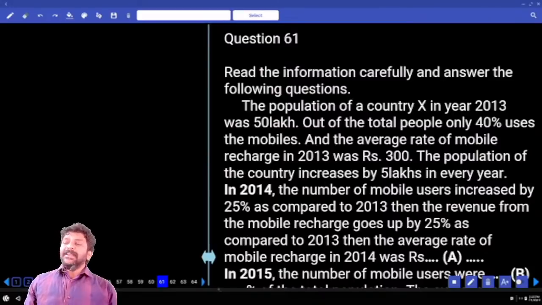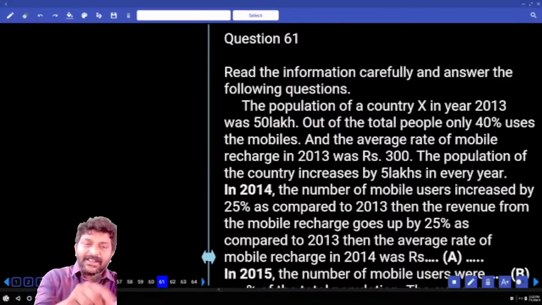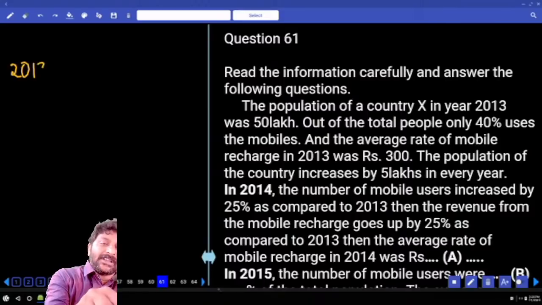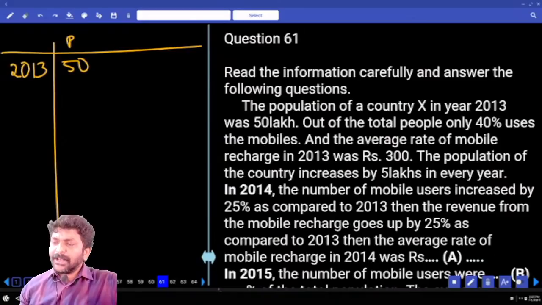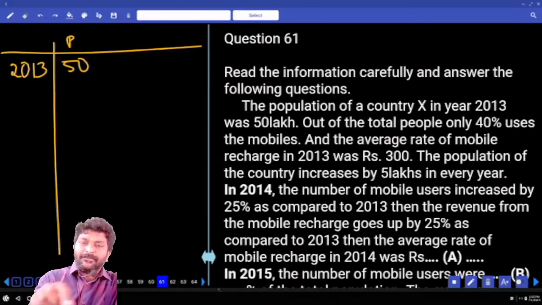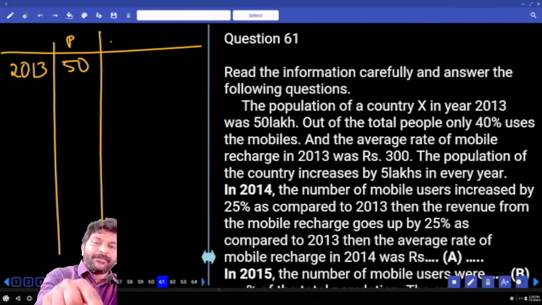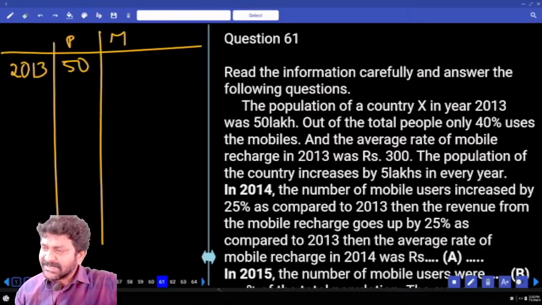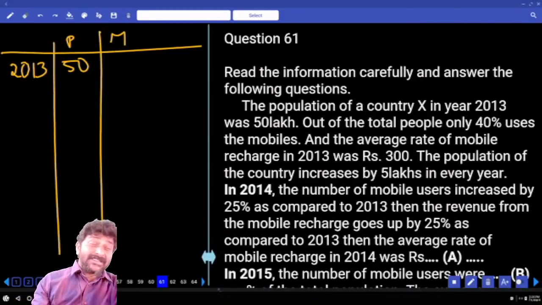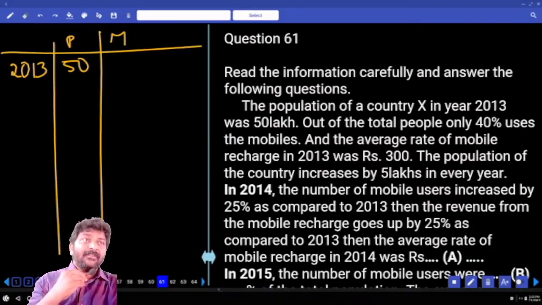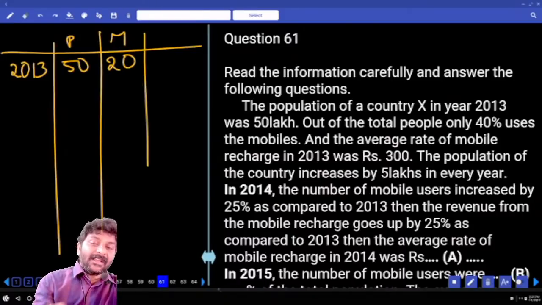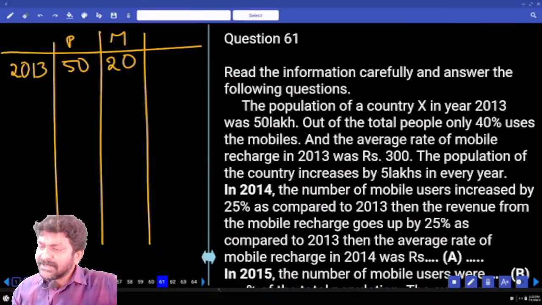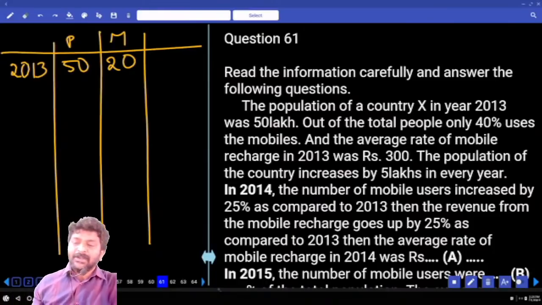The population of country X in the year 2013 was 50 lakh. 2013 population, how many lakhs? 50 lakhs. Out of the total population, only 40% use mobile phones. What percentage they said? 40% of which number? How much is that? 20 lakh. Correct. Average rate of mobile recharge in 2013 was